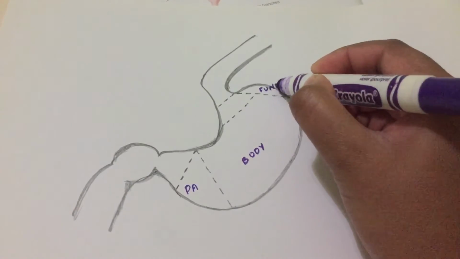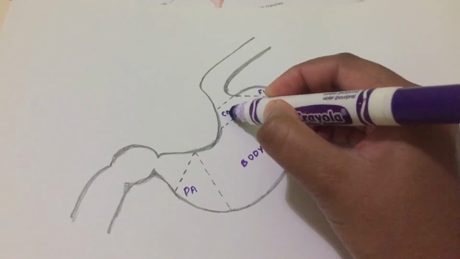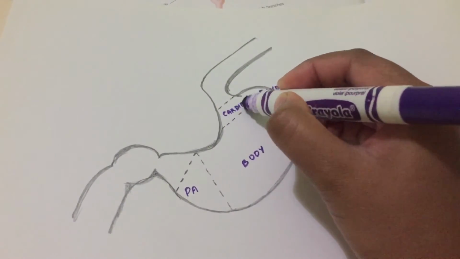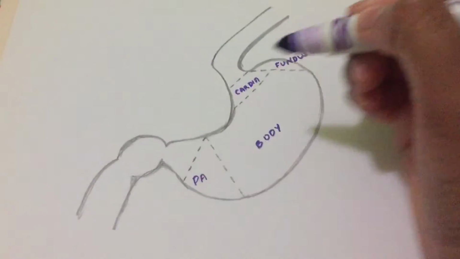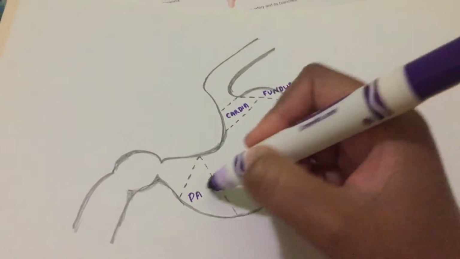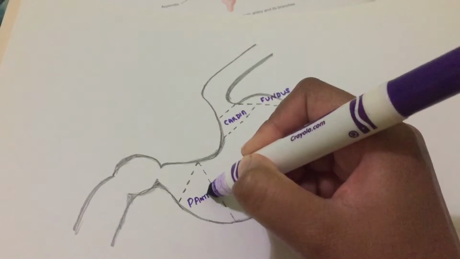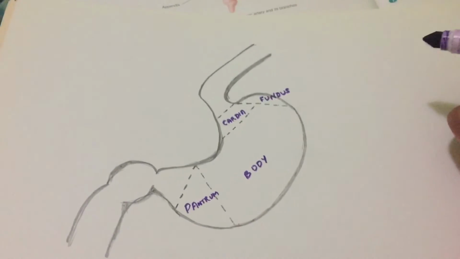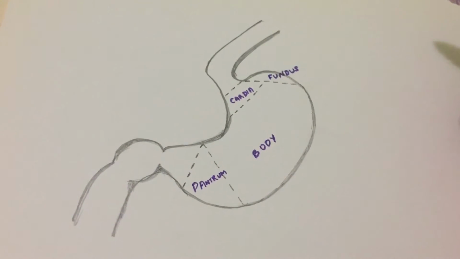fundus and cardia of the stomach. Okay, so this is the antrum, pyloric antrum. As we can see, the stomach is supplied by